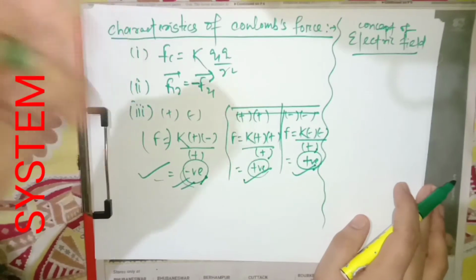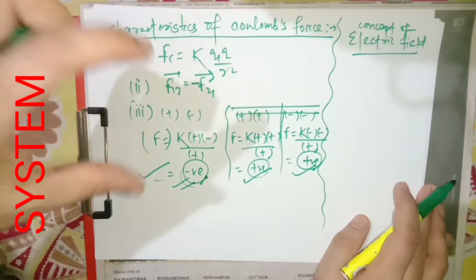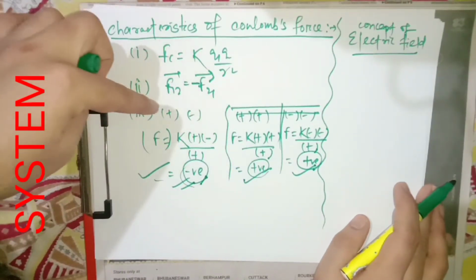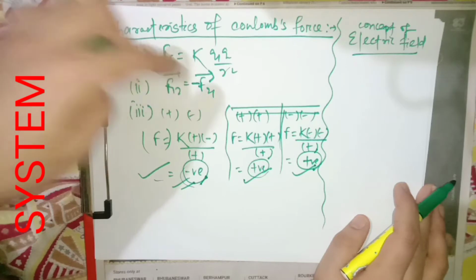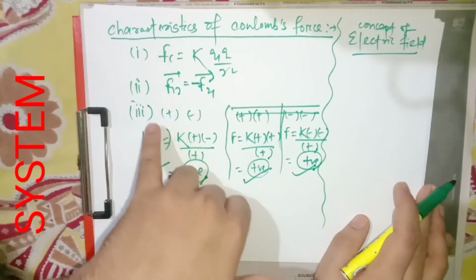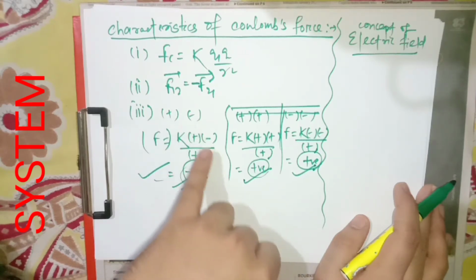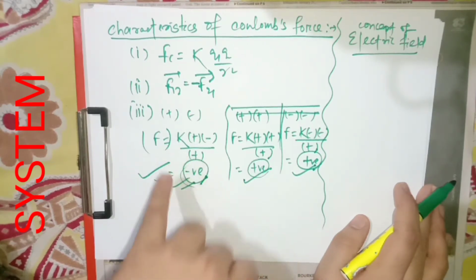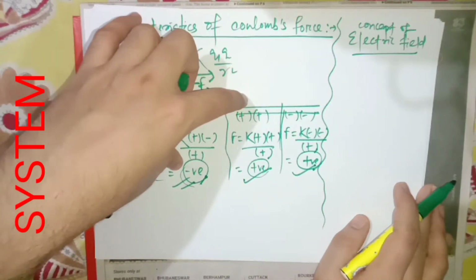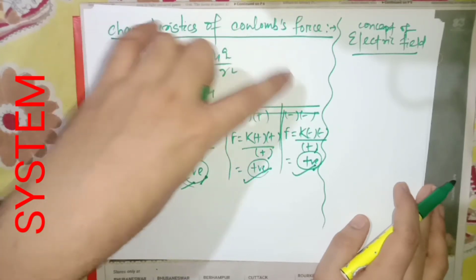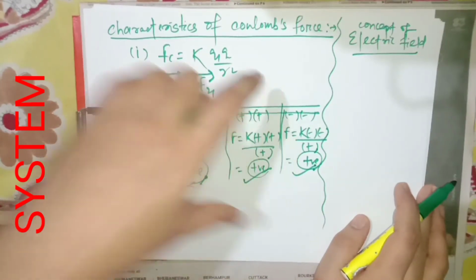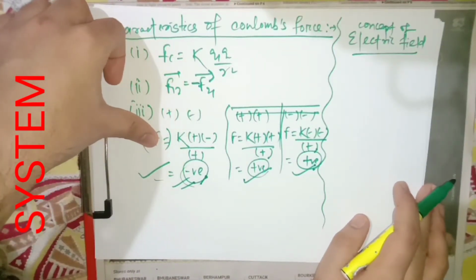Then if we consider the sign, it is attractive for dissimilar charges and repulsive for similar charges. If we take the attractive force, one is plus sign, another is negative sign, then if we put that in the equation F equal to k q1 q2 by r square, let for q1 we take positive sign, for q2 we take negative sign, and distance square is always positive, then the whole quantity gives negative. So the attractive force is always negative. Similarly, for repulsive force, either we take two positive or two negative, so the whole quantity will be positive. So repulsive force is positive in sign, but attractive force is negative in sign.